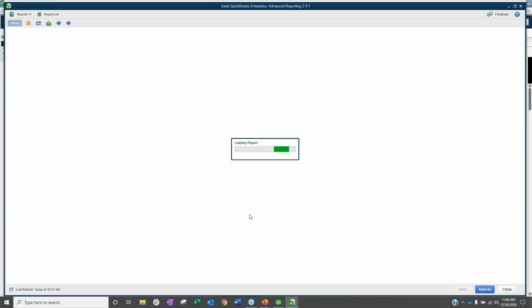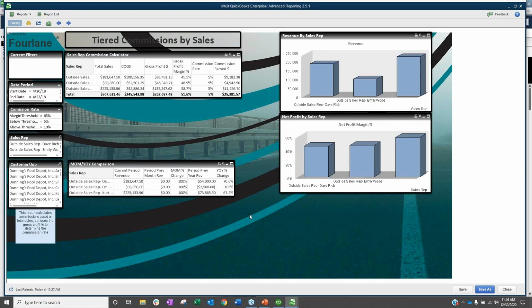So again, tiering. Why would we tier our commissions? With us, it's where do you want to incentivize your sales reps, right? So maybe you're trying to get rid of product at year end, just like when people have blowout sales, they put everything on sale just to turn inventory at year end, something similar. So maybe you give your sales reps some extra spiffs to get them to focus in on a particular product